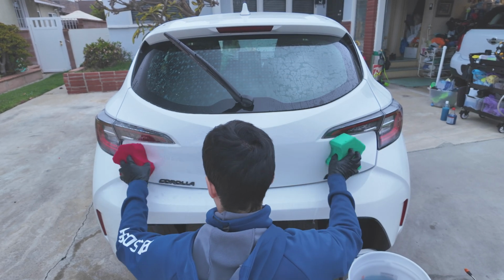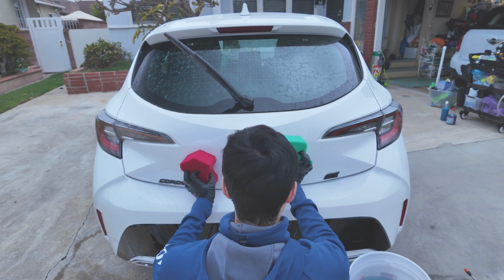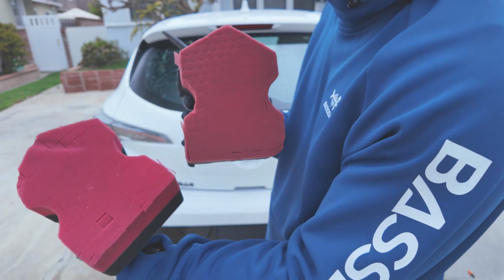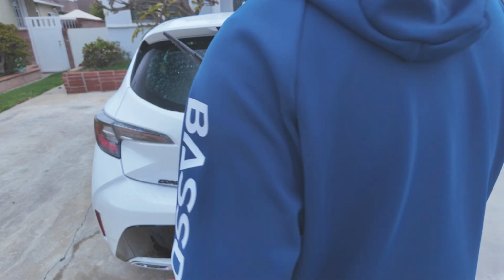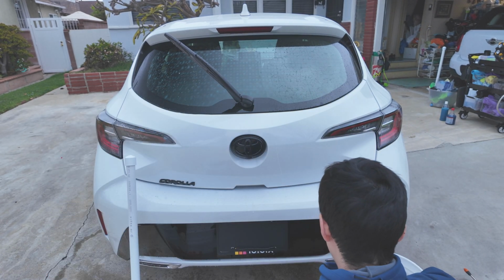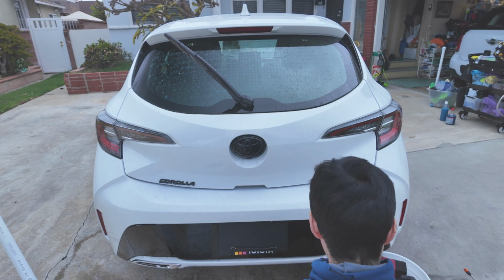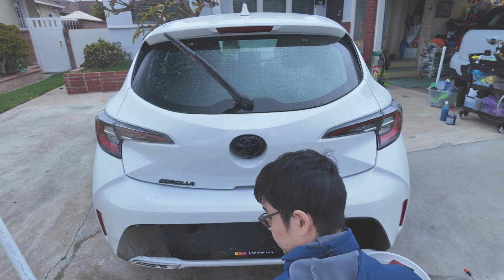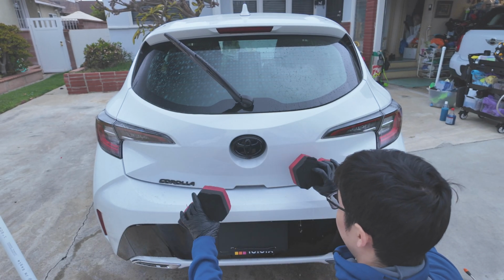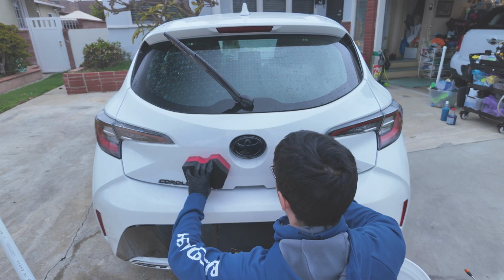Oh, okay. Oh, yeah. It's like gliding across here. Here, not so much. And you know what? In fact, I'm gonna grab a couple different sponges. So I went ahead and grabbed these two legacy sponges. Well, now we're doing it, right? So let's see. Put this one in there, put the other one in there. I'm trying to give ONR that fighting chance to really see if the sponge really makes a difference at all. The reason why I didn't do the legacy sponges is because one is super dirty, like it got stained from the Labocosmetica rinseless wash, and